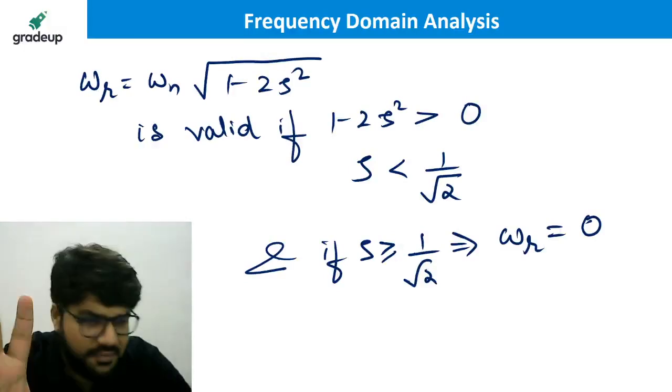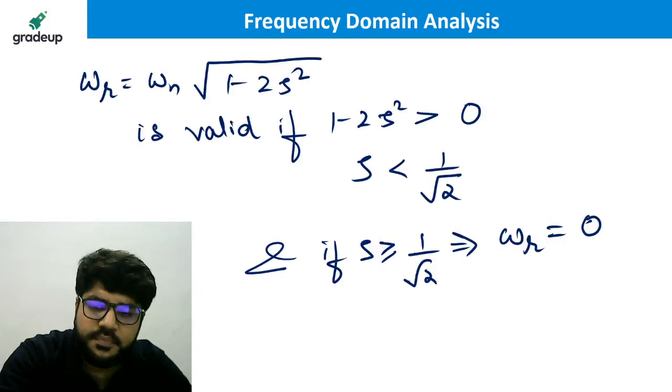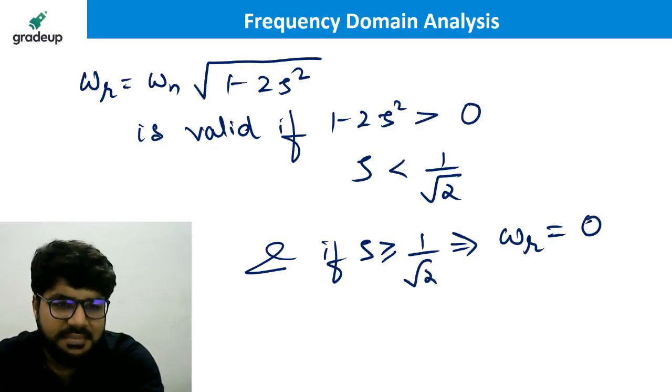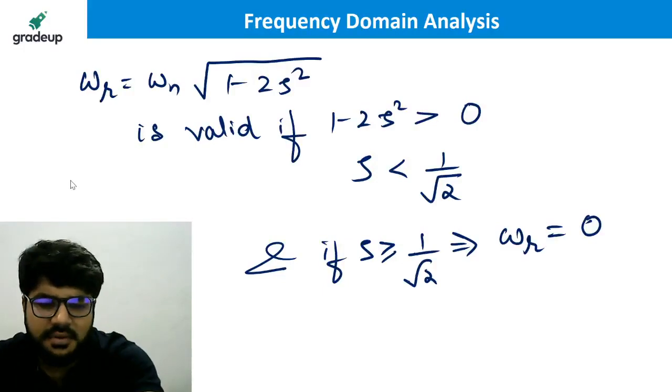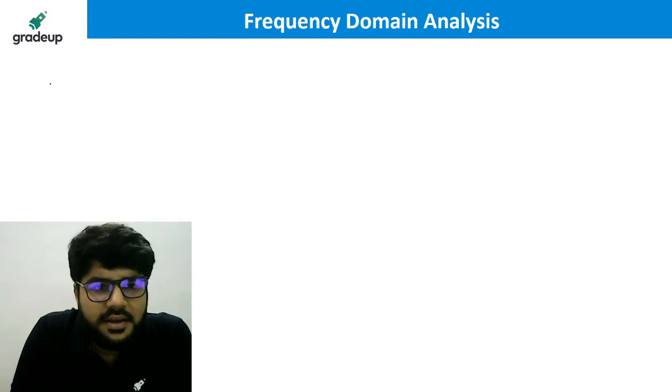What does it mean graphically also? I will show you, just wait. I have some graphs also. We'll discuss those graphs. Now, this is the value of omega only. And I want the maximum value of the function also. What is the maximum value of the function? Let us solve that now.